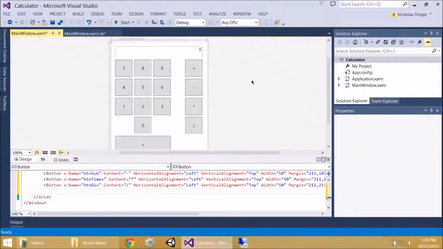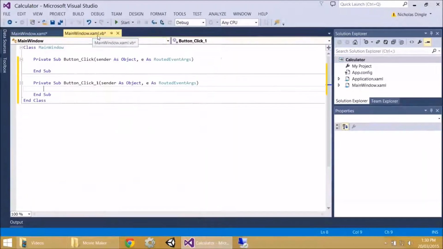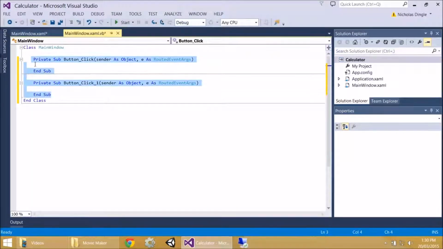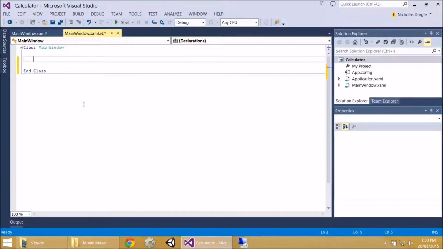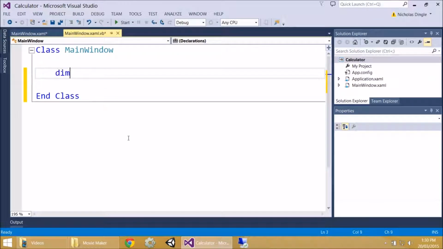All right. Takes a bit of practice to get used to this. But can you all see your VB tab at the top? If you just click on that, I'm going to get rid of these private subs. If you've got private subs, you can wipe them. Just get rid of them for the moment. And at the very top, we're going to dim some variables. Let's go dim number 1